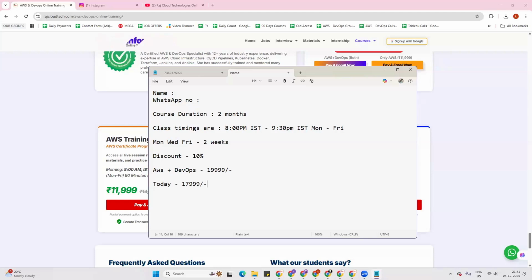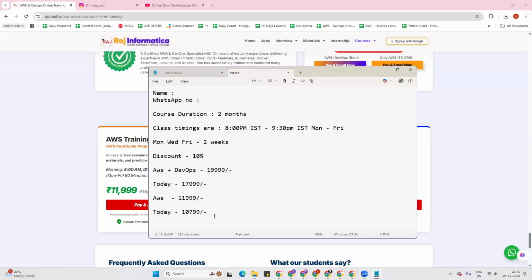If you want to go with only AWS, the course price is 11,999 rupees. After the discount, if you enroll today, you will get this course for 10,799.